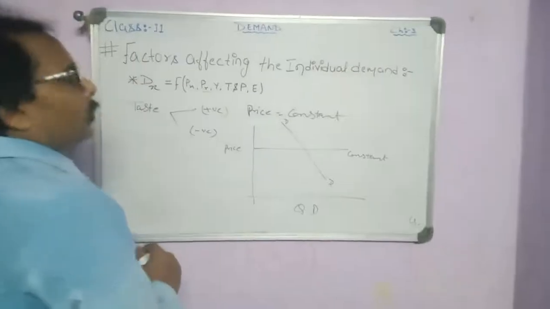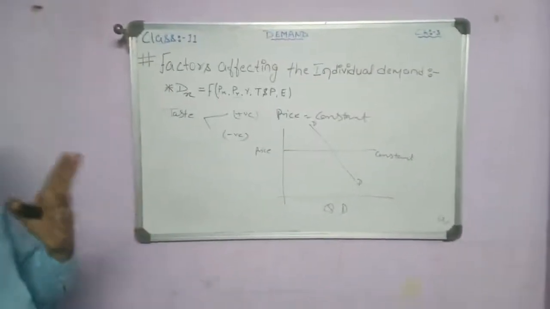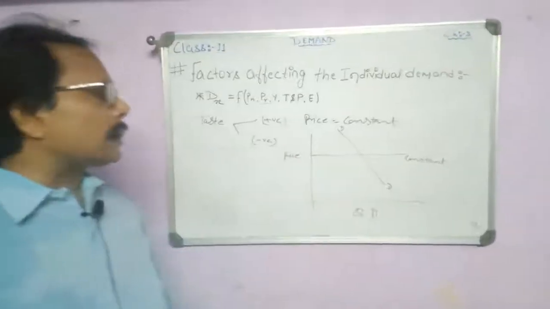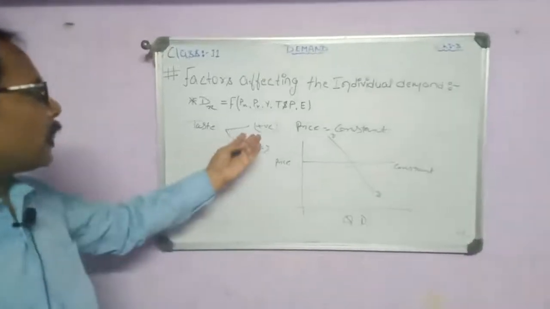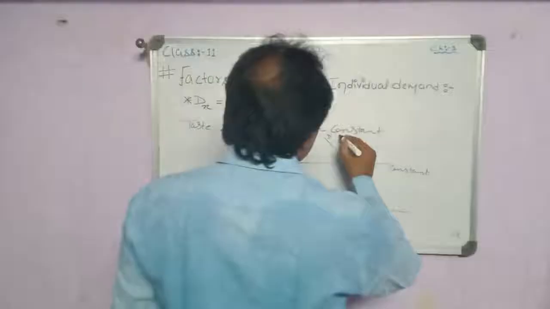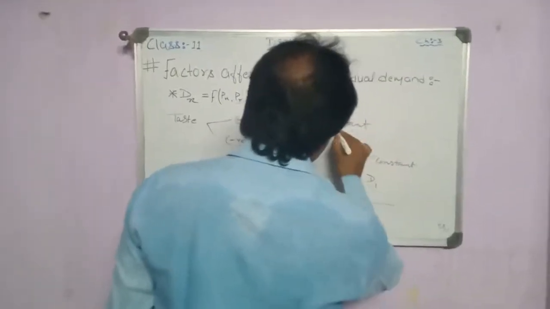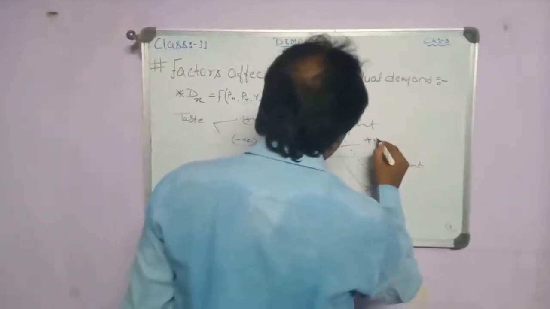Okay, so suppose a person who likes cigarettes, so even if the price is constant, he is ready to buy more quantity of cigarettes because he likes cigarettes. So in that case, the demand for the cigarettes will increase. D1, so it indicates positive